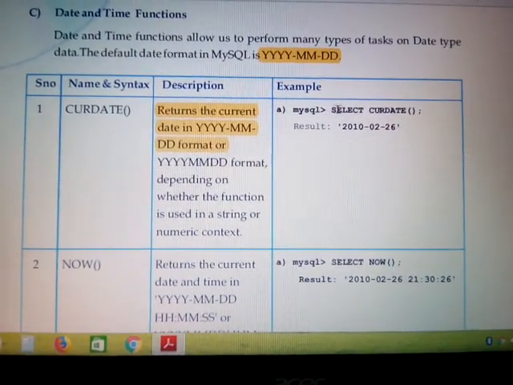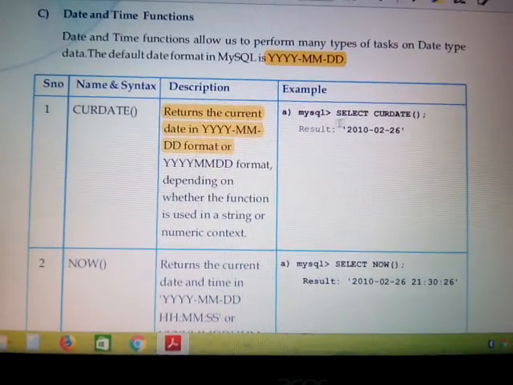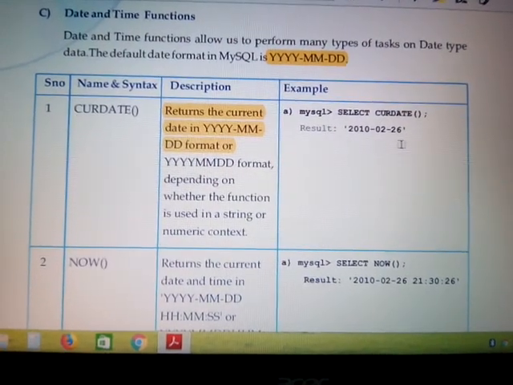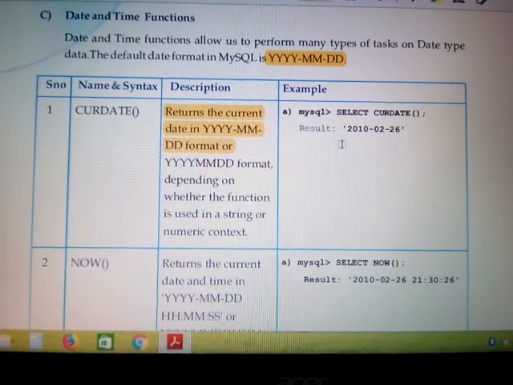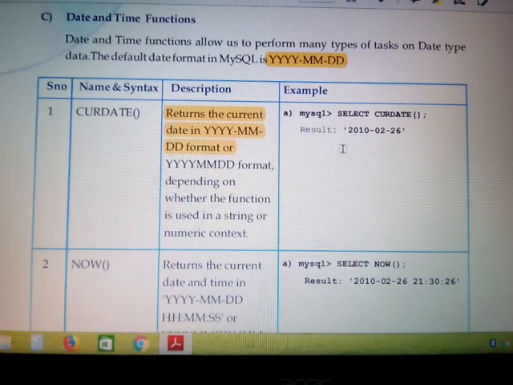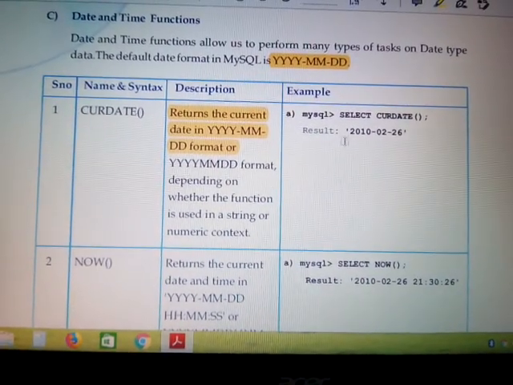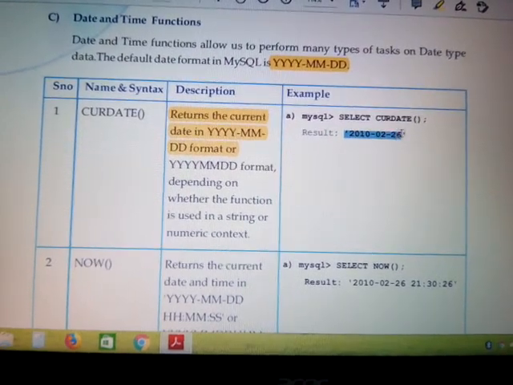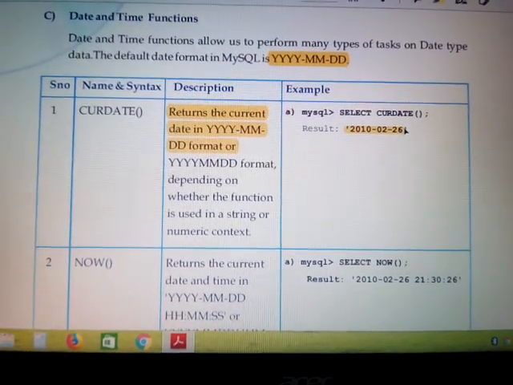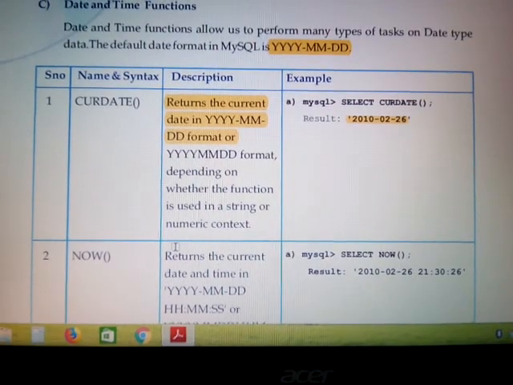Just see here in the example, the SELECT CURDATE function will show you today's date. And you know very well that date, time as well as string types are to be written within single quotes, so here you can find the answer is written in single quotes.